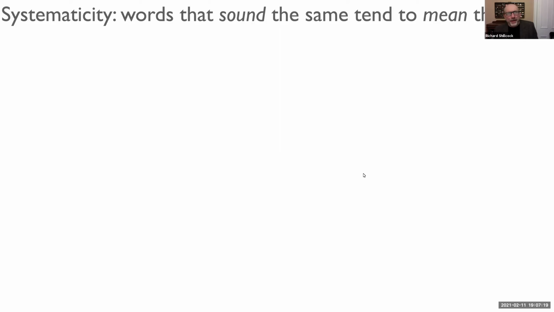Let's have a look at how we work this out. On this slide, I'll just be describing how to do this. We want to have the spoken form of words. We want to specify their phonology on the left here, and then specify the meaning of those words on the right. And we want to see if there's any kind of connection, any statistical connection, a correlation between them.